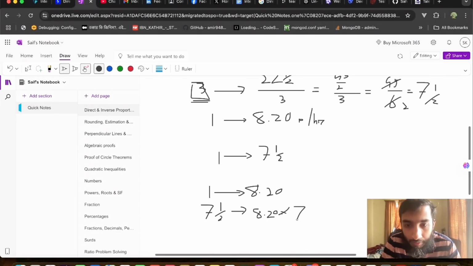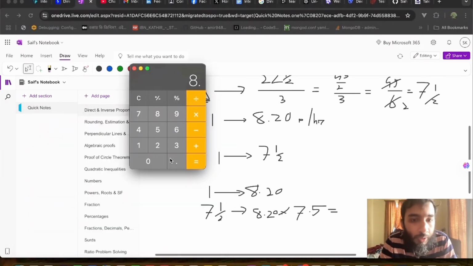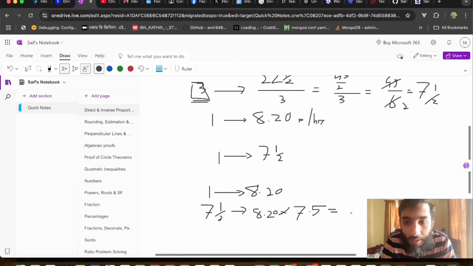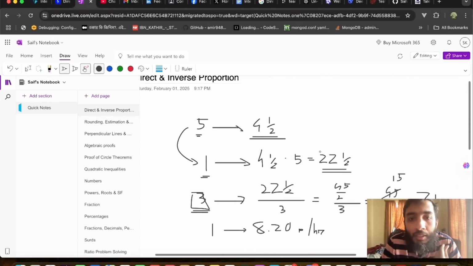Using the calculator, 8.20 multiplied by 7.5 is 61.5. So each cleaner would be paid 61.5 pounds today. What I did here is, when one quantity, let's say 5 cleaners, took 4.5 hours,